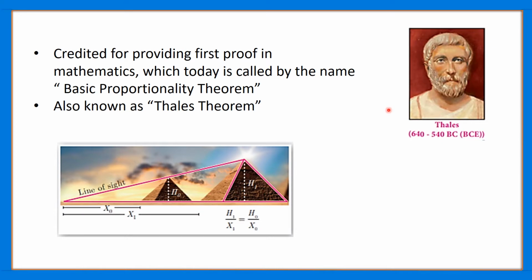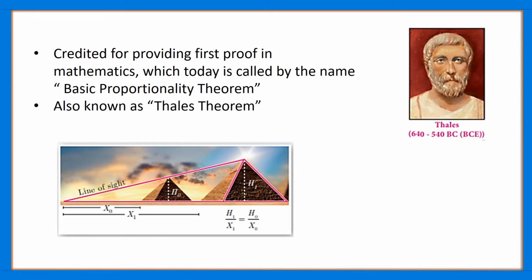There is an interesting story behind the basic proportionality theorem. Once Thales traveled to Egypt and he saw different pyramids over there. One of the Egyptians challenged Thales to find the height of one of the pyramids from those several pyramids. He then used the concept of similar triangles in order to find the height of the pyramid that was to be found. And then he proposed the basic proportionality theorem. And this is how the basic proportionality theorem came into existence.